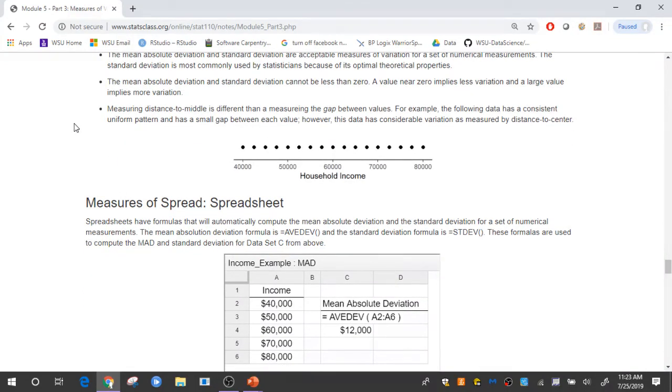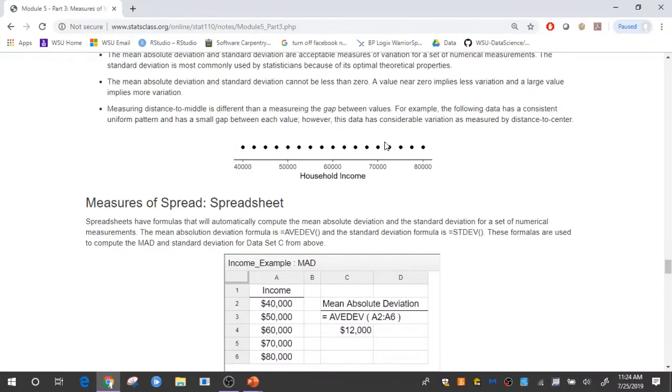One misconception about measuring variation is the following. Measuring distance to the middle is different than measuring the gap between values. So the following data here that I've presented has a consistent uniform pattern, and it has small gaps between each value. Okay,